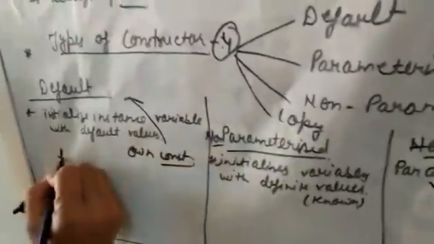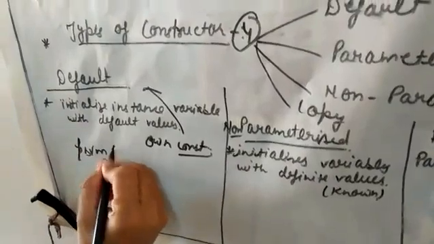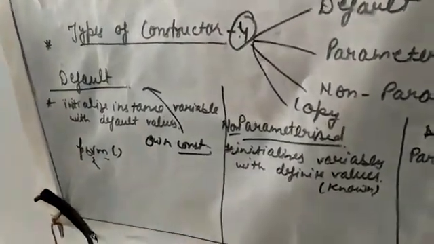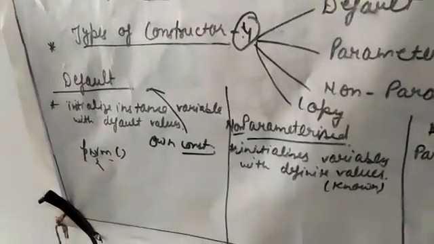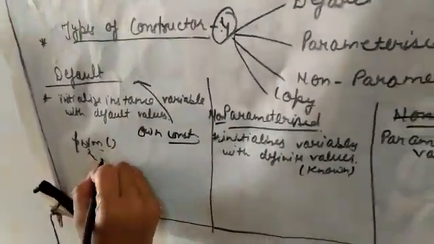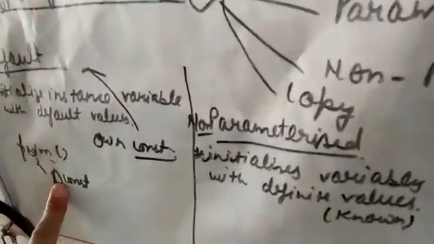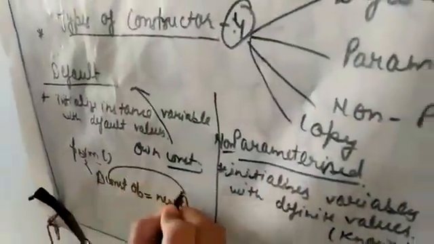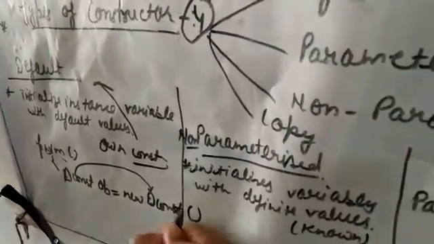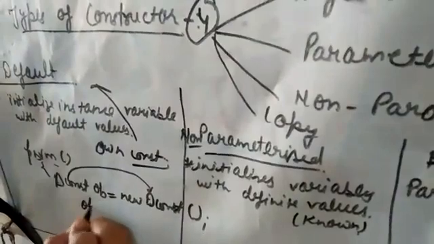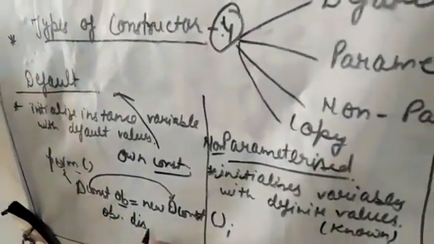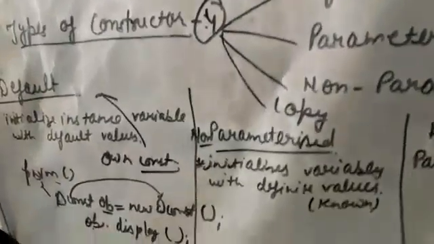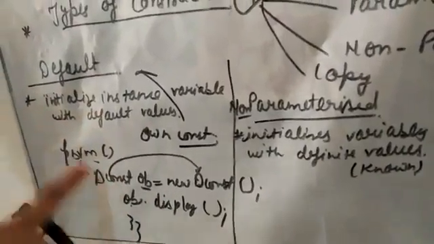Let me give you an example. Suppose we make the program like public static void main here. This is the main function from where we start. So suppose I have to create the object here. I will write D const, meaning D is a type and this is the constructor. I create an object ob, then new. Now what will come? The same class name, so D const, with these braces and a semicolon. Now we have to display also, so the object is ob dot display. So this will be the example. Got it? This way we call the default constructor.